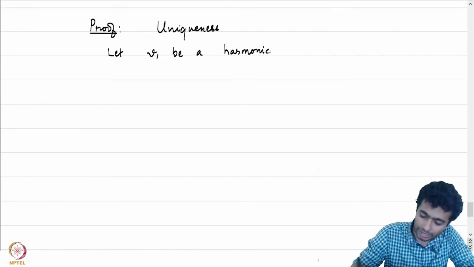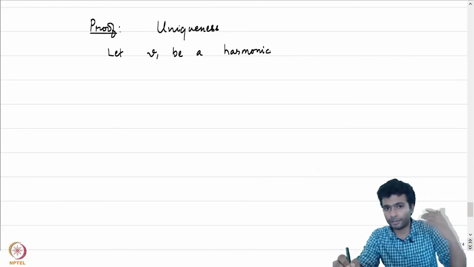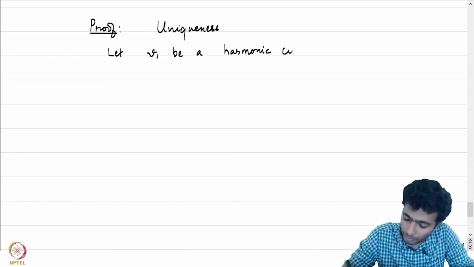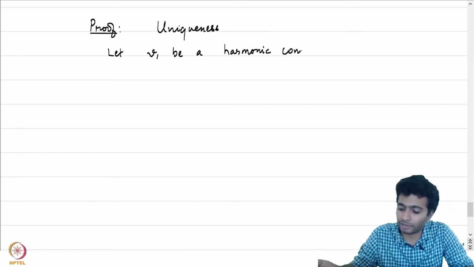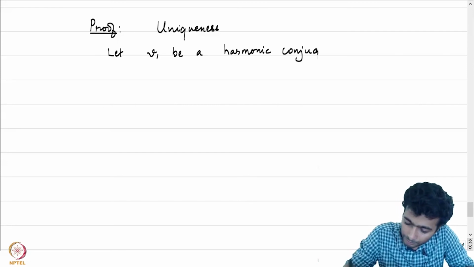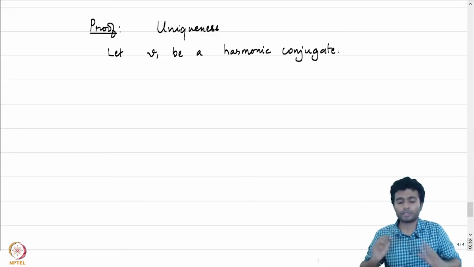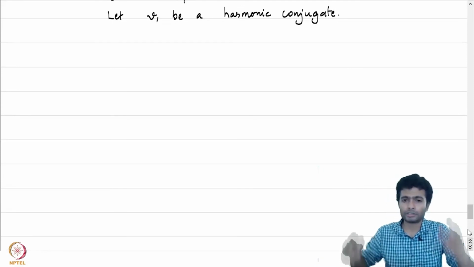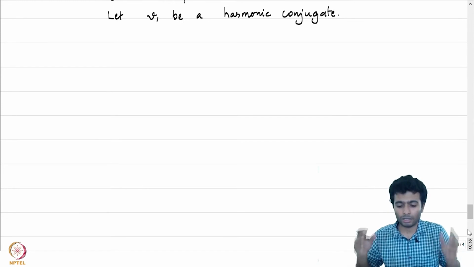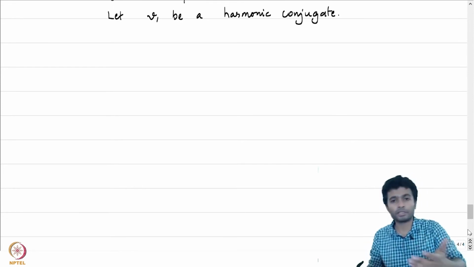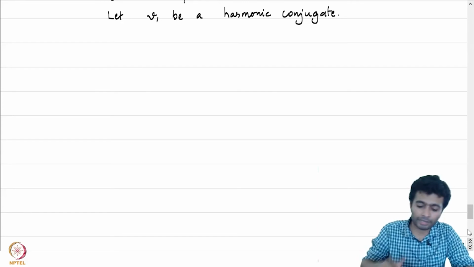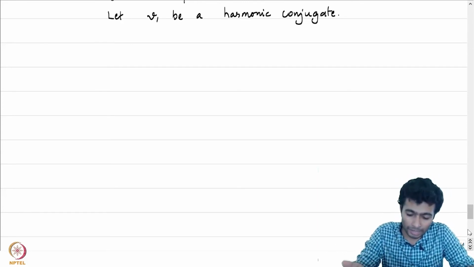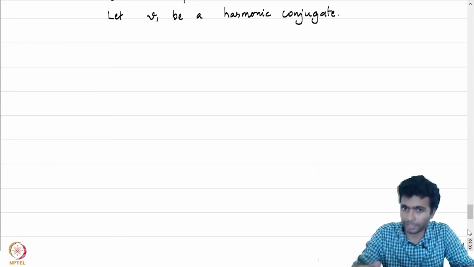Remember that this means that V1 and U are tied together by the Cauchy-Riemann equations, because U plus iV1 is a holomorphic function. Before we use the Cauchy-Riemann equations, let us use some very fundamental tools from calculus, namely the fundamental theorem of calculus, to rewrite our function V1. Remember that V1 is a twice differentiable function and that it is defined on the entire complex plane.